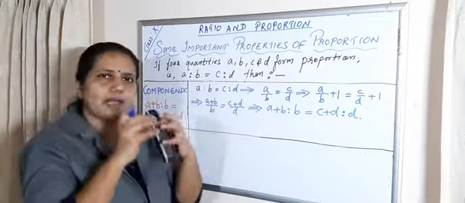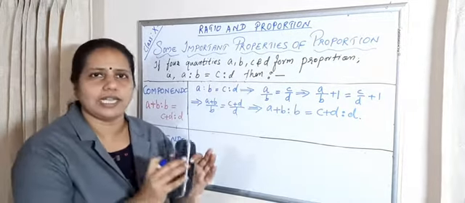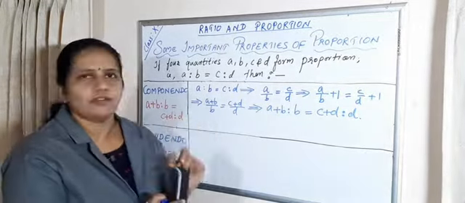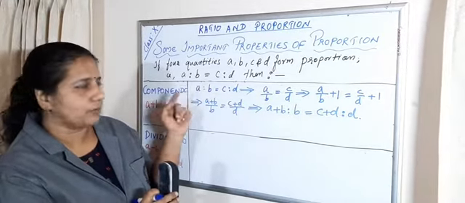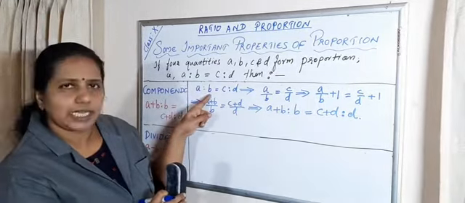That means you just combine the first two values and divide by the second value. Similarly, combine the next two values and divide by the fourth quantity. That is, componendo means A plus B is to B equal to C plus D is to D. We are combining the first two values and dividing by the second value, and likewise for the next two.